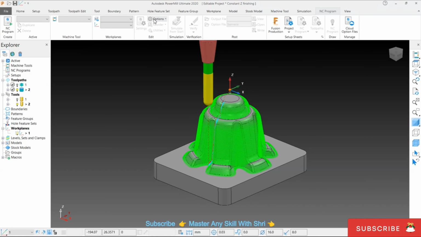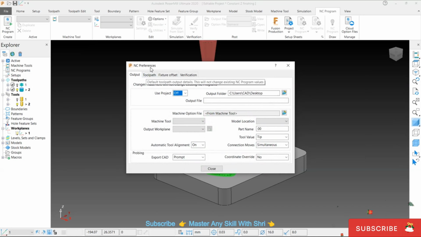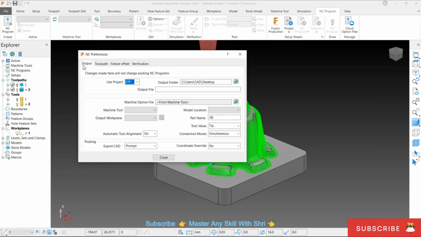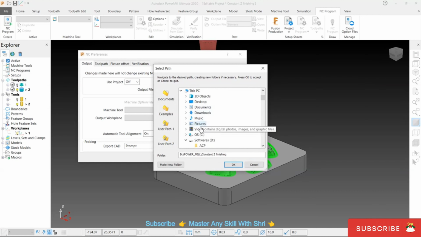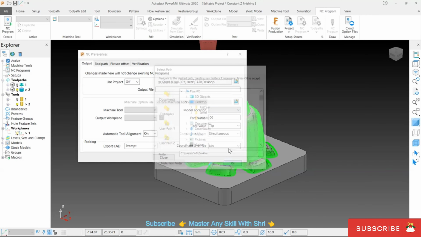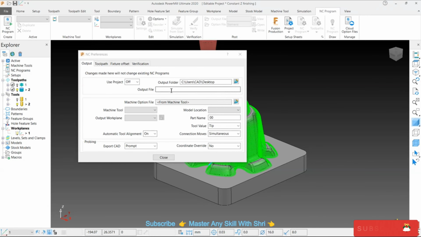So first of all, I'm going to define the preferences. In NC preferences, first I'm going to define the output. The output folder is on my desktop, so click to define this as my output folder. Okay, and for the output file, name the file like CNC